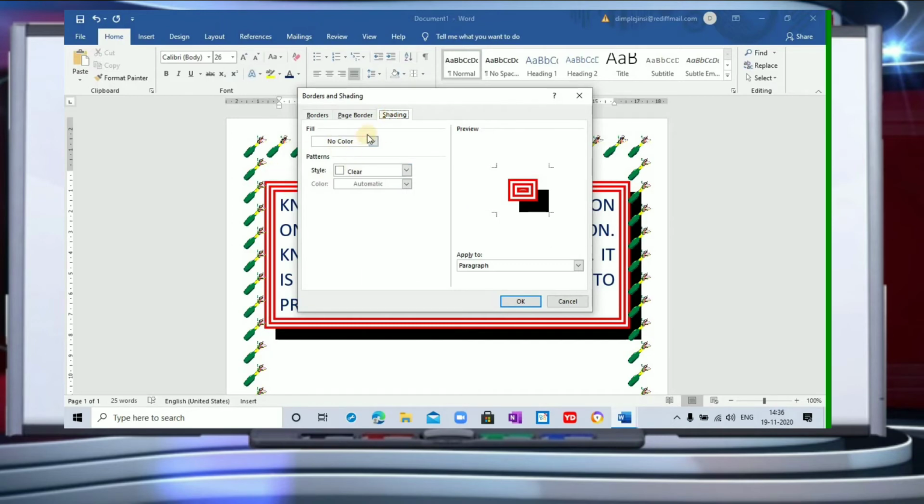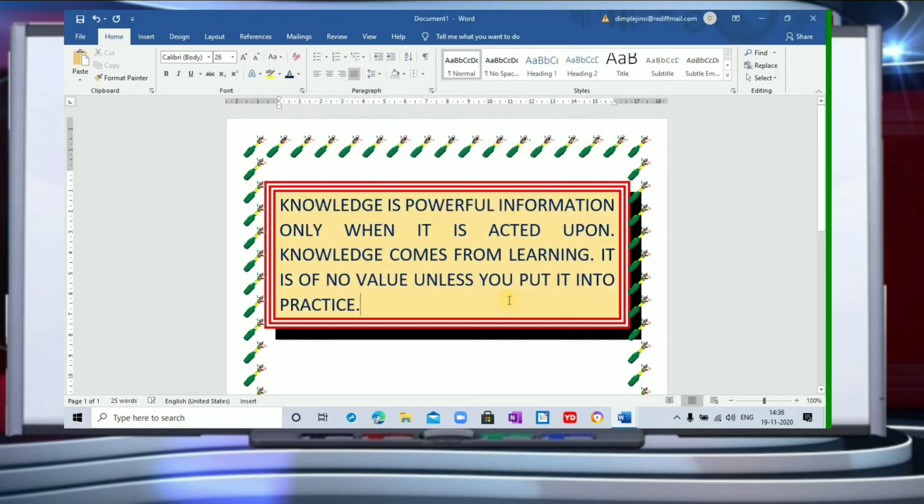You can choose any color that you want for the shading. I'll pick up this color. Fine, and I'm going to click here, and you will find the shading in the text. So this is all about the borders and shadings.